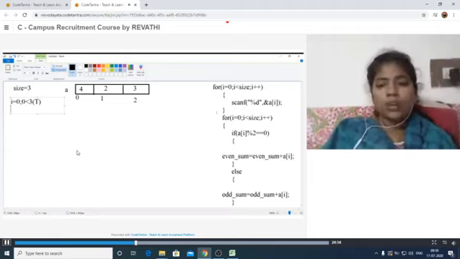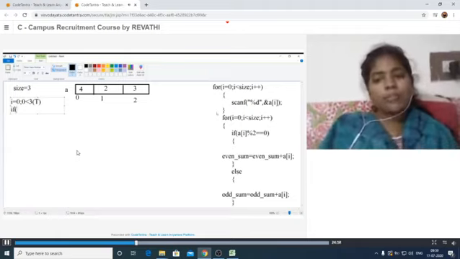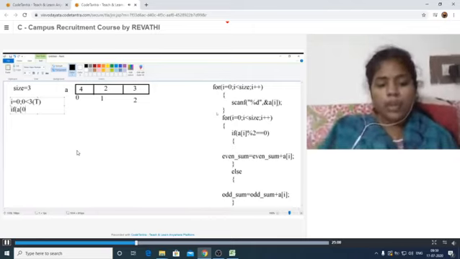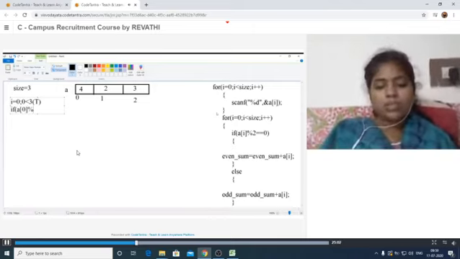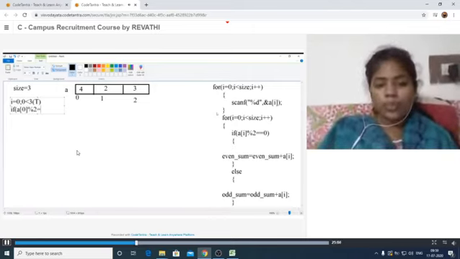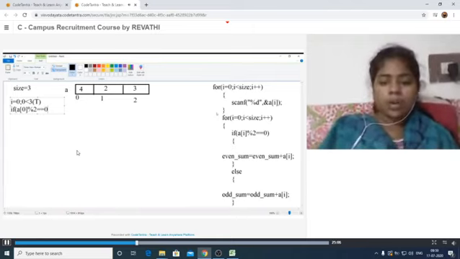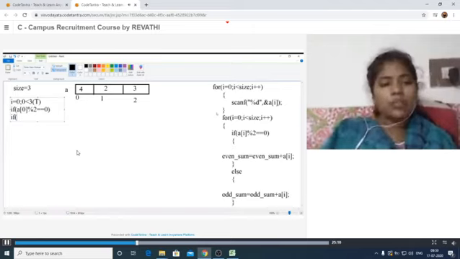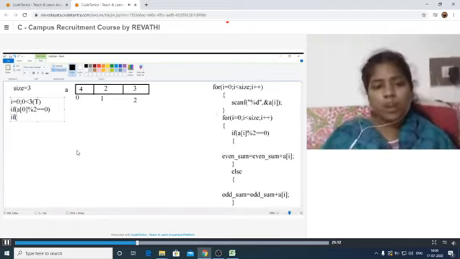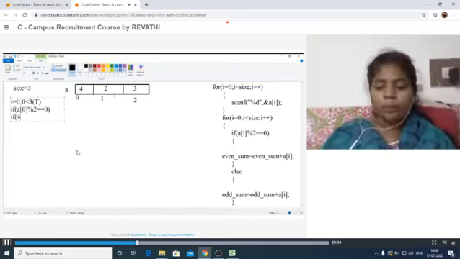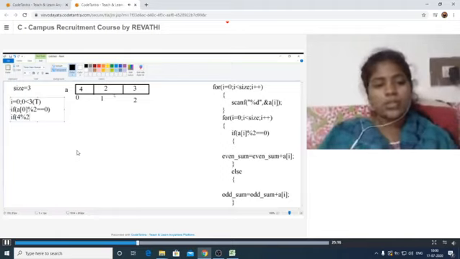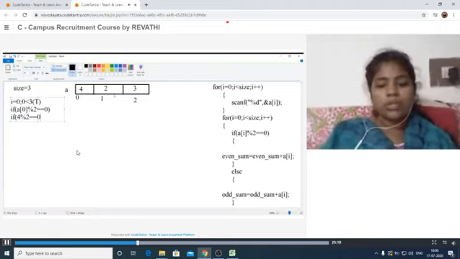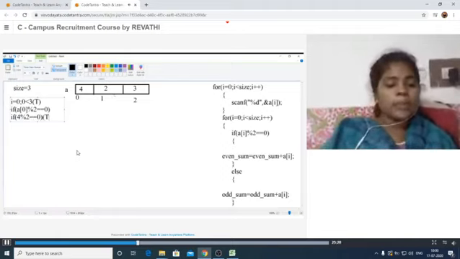After that, it is checking if A of i modulus 2, A of i in the sense A of 0, modulus 2 is equal to 0 or not. Here see, what value is present at location A of 0, that is 4. So 4 modulus 2 is equal to 0. Yes, the condition is true here.